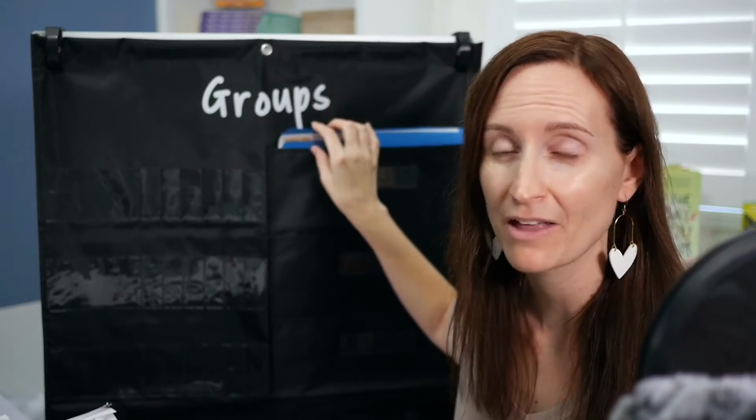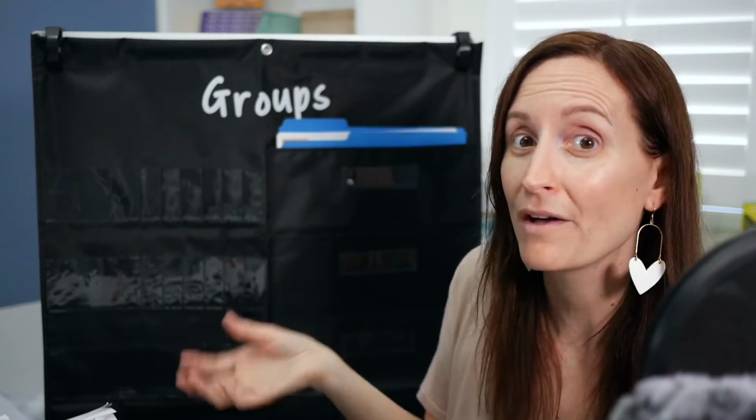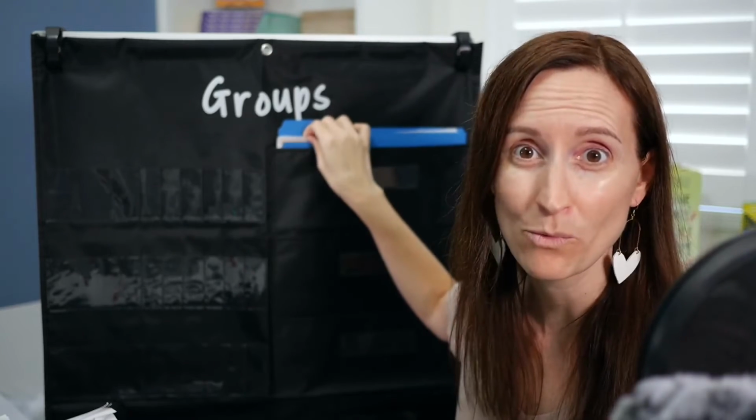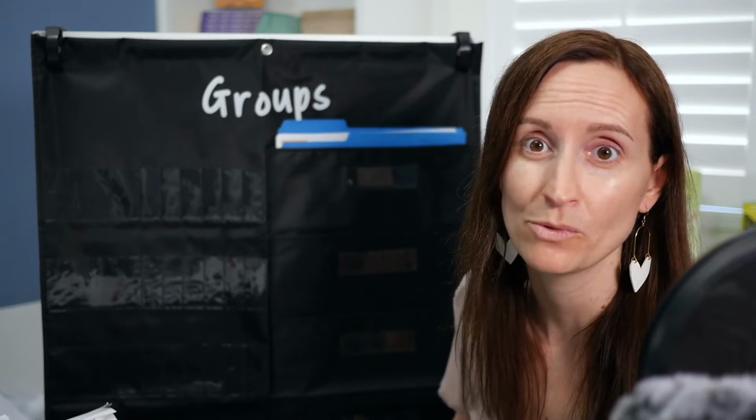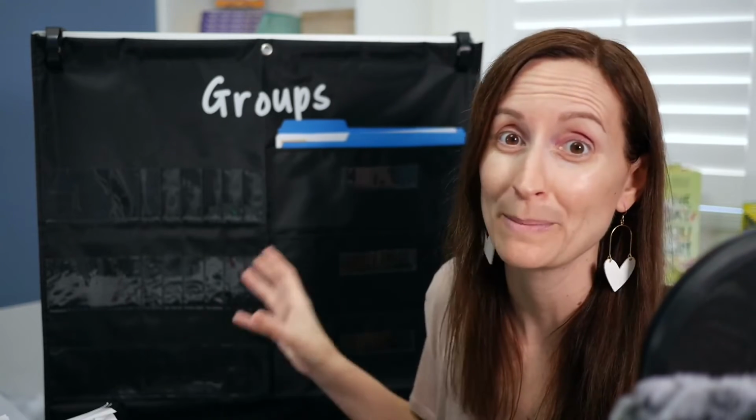You can't see them, but there's 6 total. So I can have 6 groups total. Getting them together in the beginning is super easy because I go into the filing cabinet, I pull out the ones that I want for that week, and I just slip them into each one. Since I have 6 groups, that's usually plenty to get us through the week to have 6 prepared centers